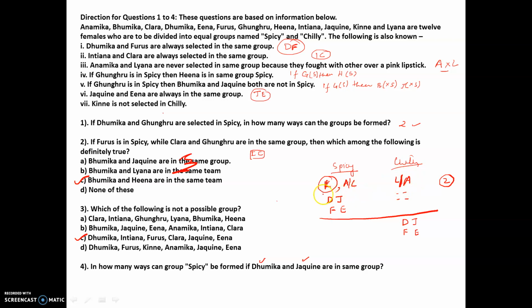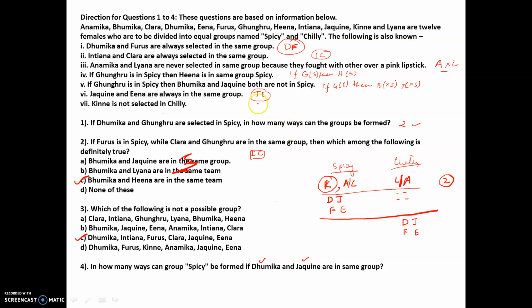A and L, if you look at this part, guys, K has to be in spicy. One of A and L will be in spicy, right? So the other member will be in chili. So we'll say in chili there are 1 member out here, 2, 3, 4, 5 members, right? In spicy we already have 2 members. Fine. And now we have this condition.